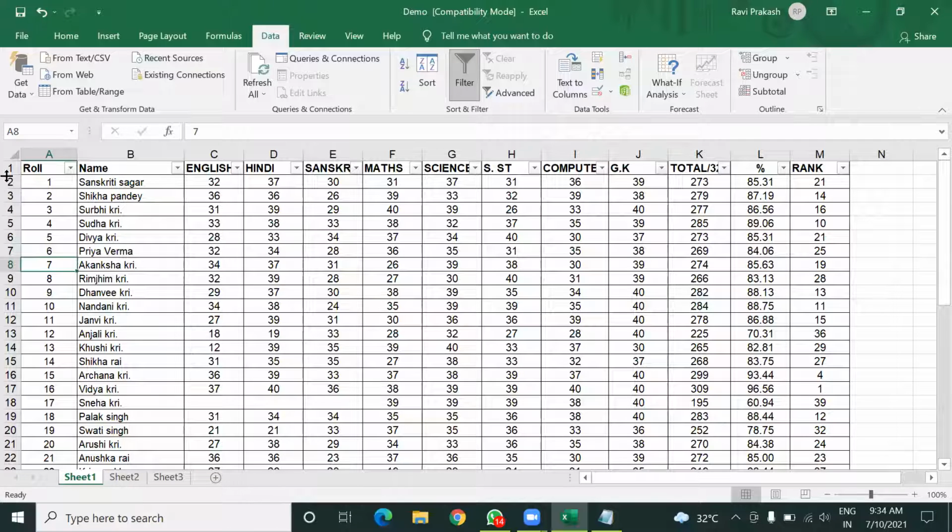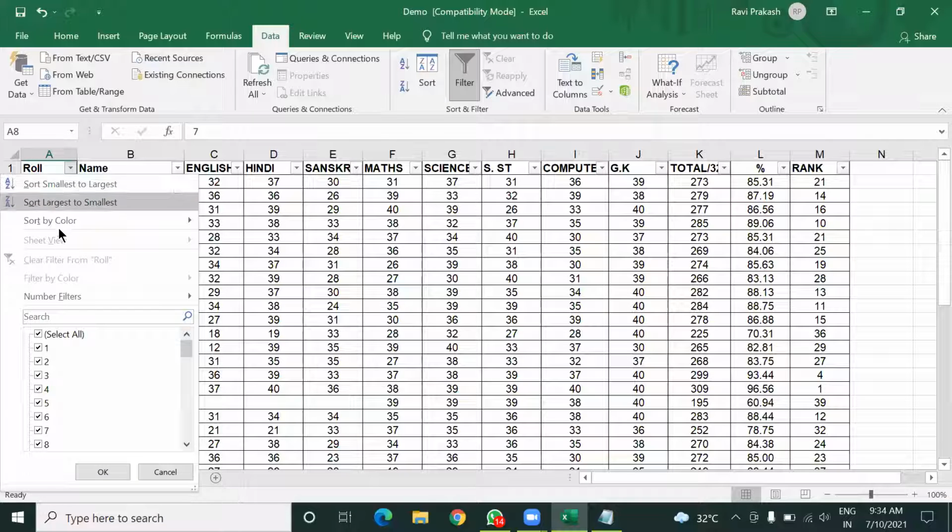For example, just see this roll number. So here in this roll number, you can see this part, select all. By default, all are selected. But if I uncheck this, none of the values are now selected.